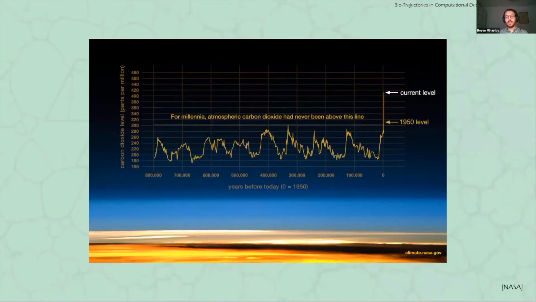By now, it's probably not a secret to anyone that our rapid and ever increasing industrial growth and mass reliance on fossil fuels is causing a spike in carbon dioxide emissions. If we see it over the last hundreds of millennia, this is an unprecedented event happening, which, as we know, has